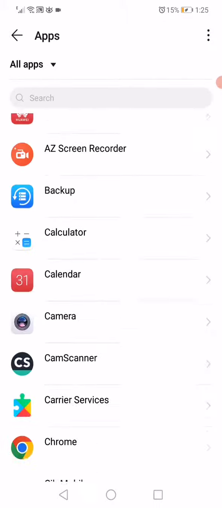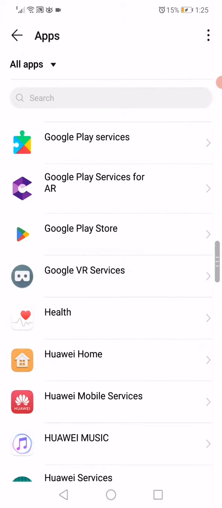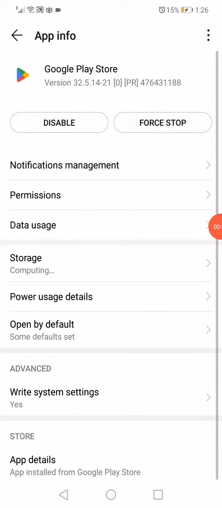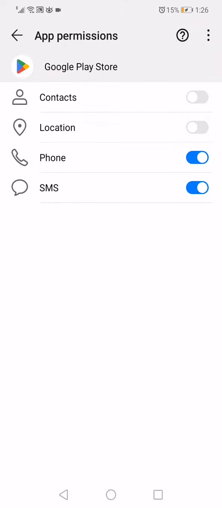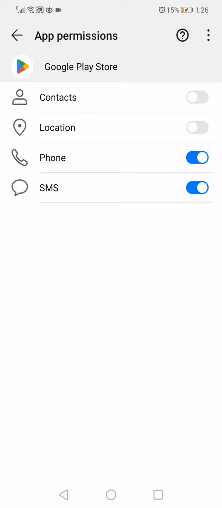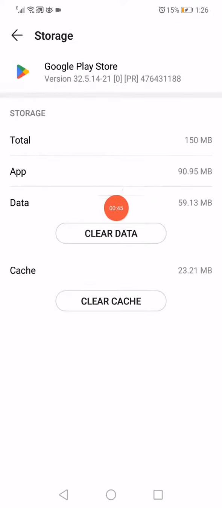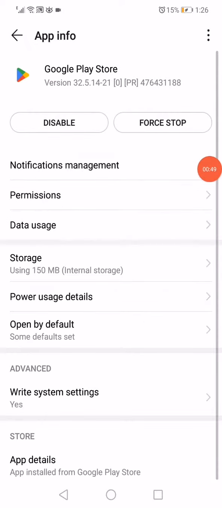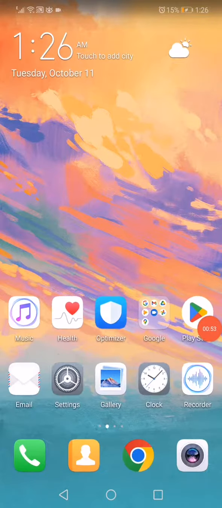Just search for Play Store right here as you can see and click on it, and now click on this permissions option, and you can now disable all the permissions that you have here, and then go back, click on storage and click on clear data and clear cache, and then go back and go to your home page